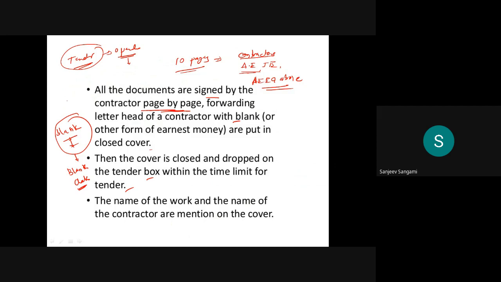So automatically it will award to whoever is the lowest. The name of the work and the name of the contractor are mentioned on the cover. Once the covers are opened, they have to keep them for any future audit, or if anything happens from the government departments.